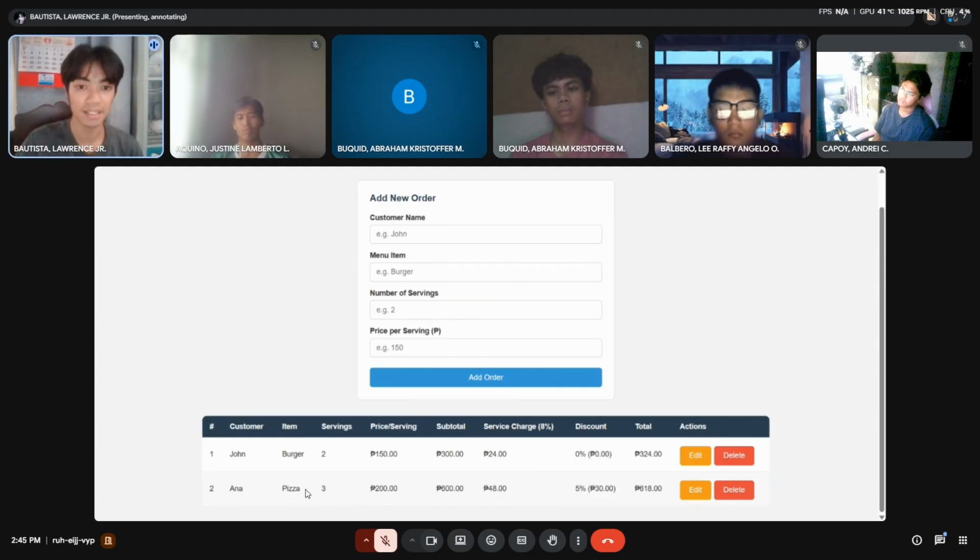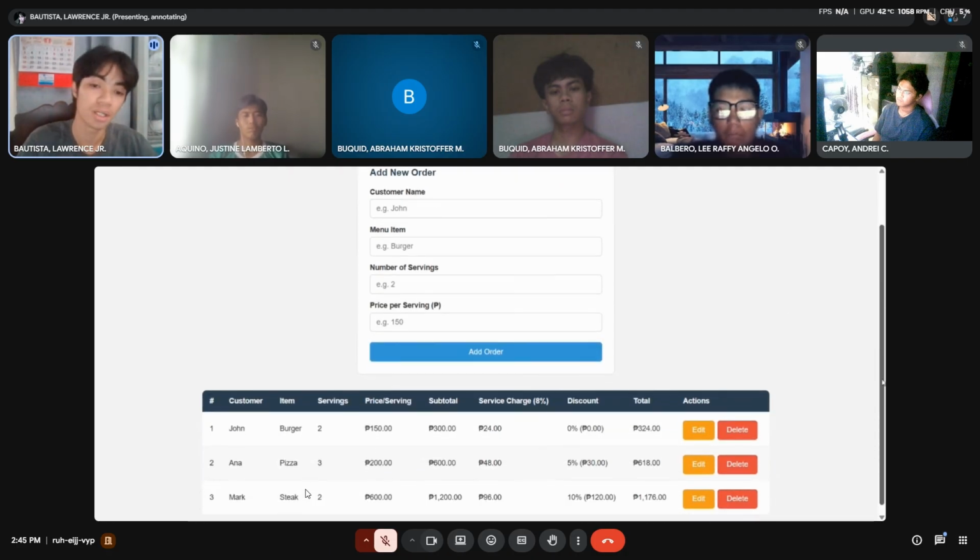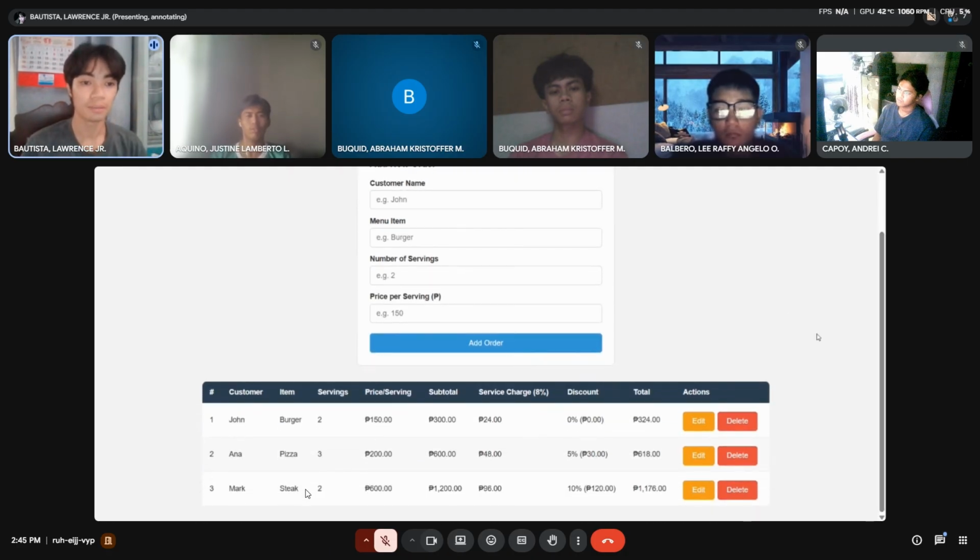So for the last case, for the name, we have Mark. Then for menu item, we have steak. Then for number of servings, again 2. Then for price, we have 600. Again, after clicking the button, as you can see, the table below dynamically changed. We have now Mark with an order of steak, and for serving, he ordered 2.